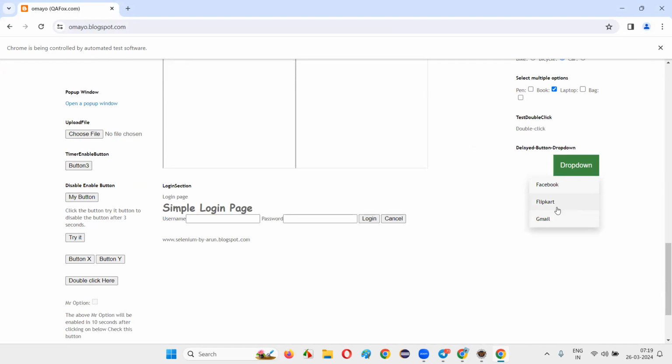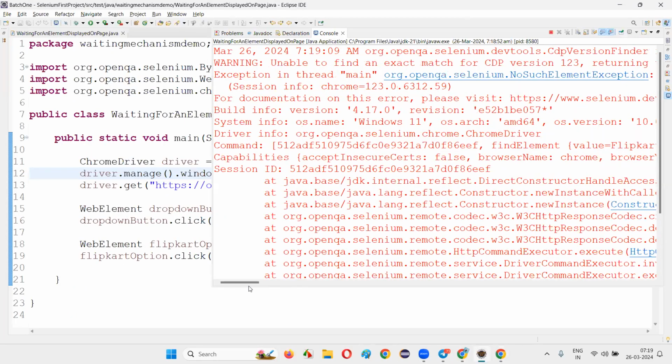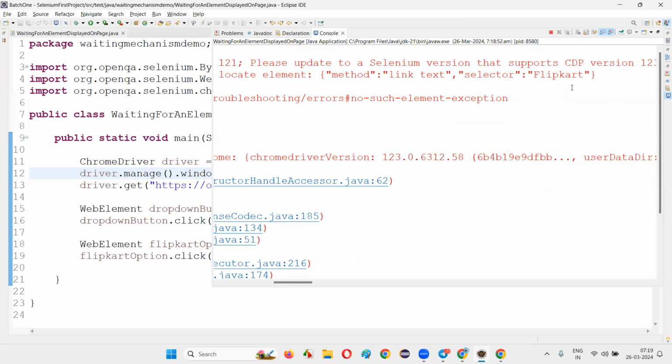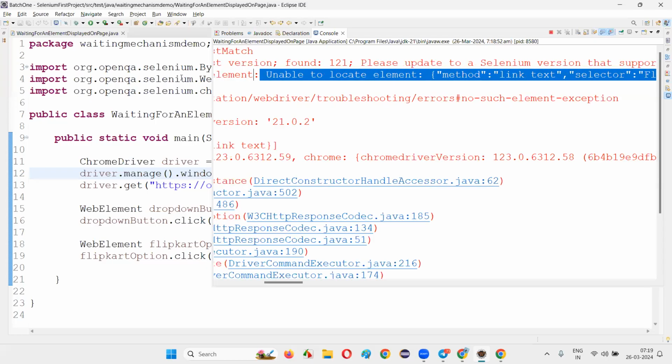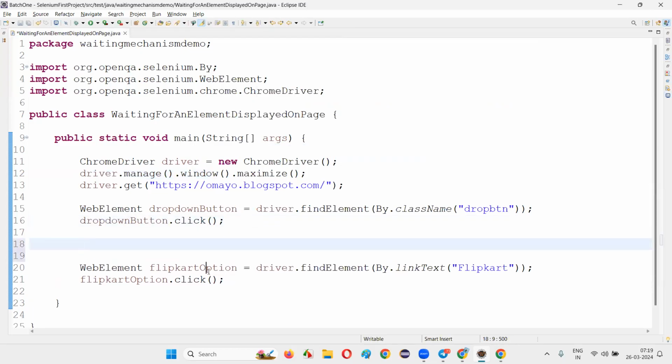By the time the Flipkart option is displayed on the page, Selenium WebDriver has not waited and tried to click on the Flipkart option, and it has given NoSuchElementException, unable to locate the element, that is the Flipkart option. The problem here is it's displayed on the page with a delay. So what I will do here is